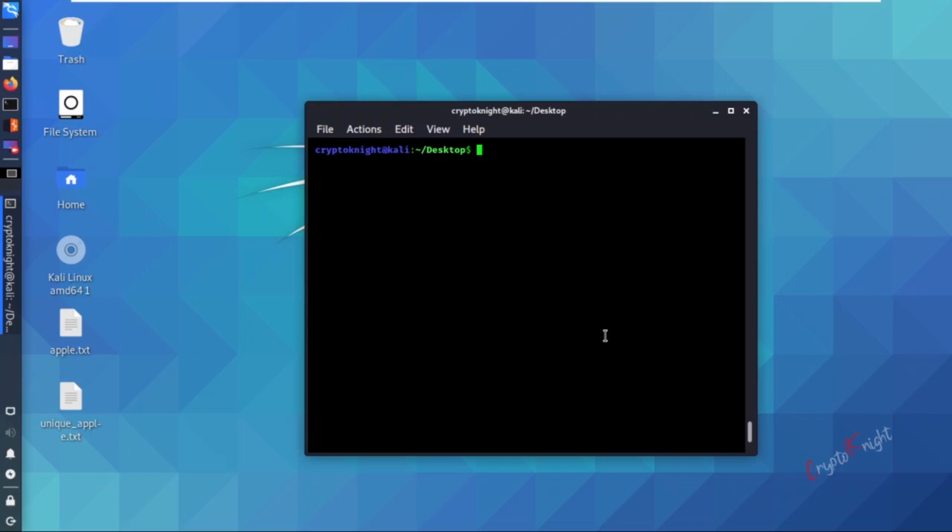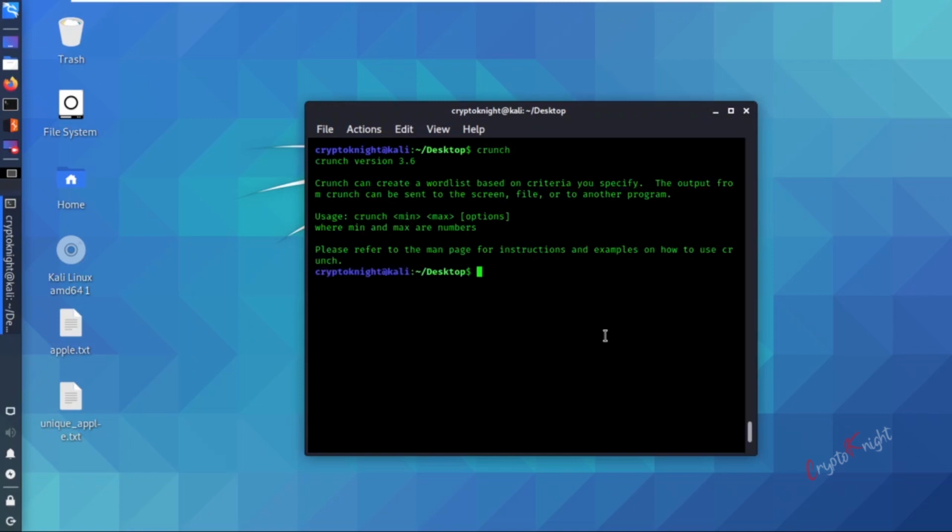So let's say we know some part of the password, like we know the starting letter or the ending letter or the last two letters of the password or something like that. So we will create a word list based on that so that we are easily able to crack passwords. And not only passwords, in general, any permutation and combination that exists will be created based on the input you give. So we will be using a tool known as Crunch.